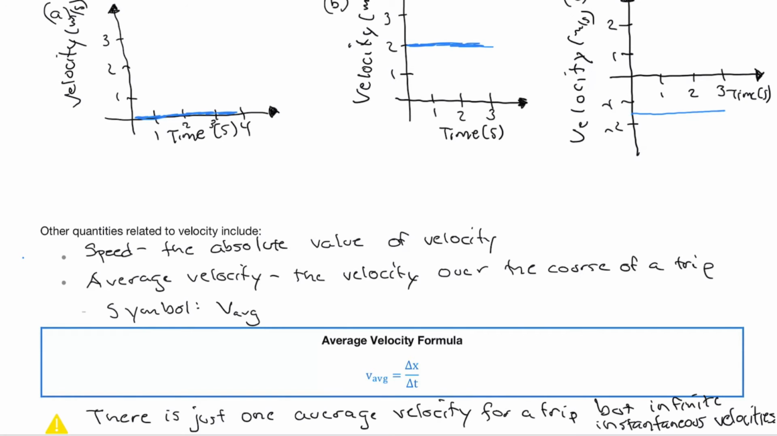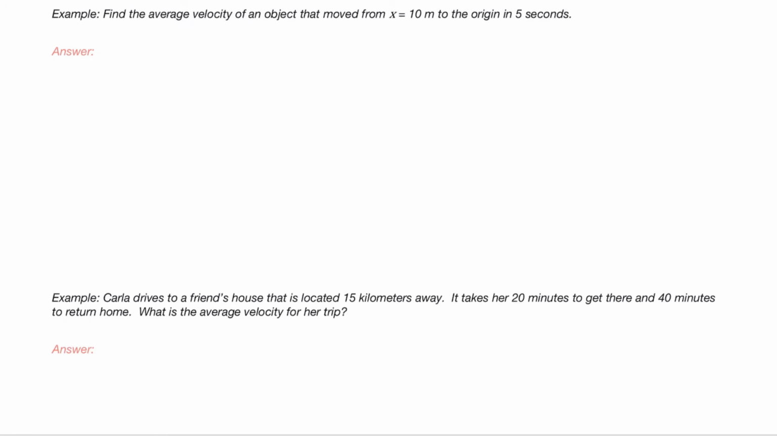So the instantaneous velocities will be most useful because it will tell us something at every point in time. Well, let's get some practice with average velocity. In this case, we're just looking at an average velocity of an object that moved from x equals 10 back to the origin